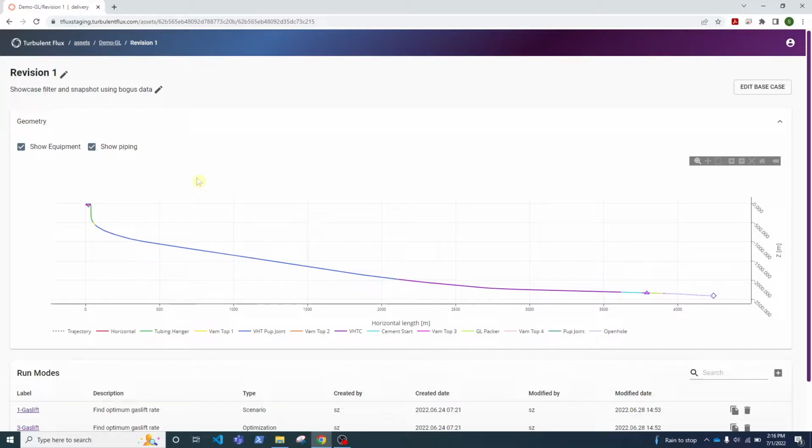We can see the trajectory. It can be a pipeline, but in this case it's a well. We can see different equipment. For instance, we have a reservoir contact, we have a gas lift source for this particular well, we have a choke, for instance,